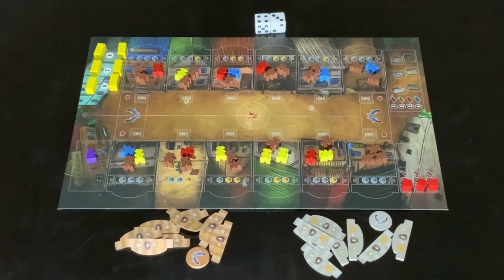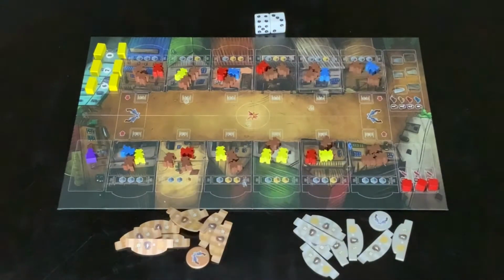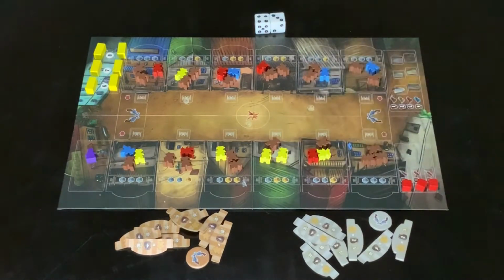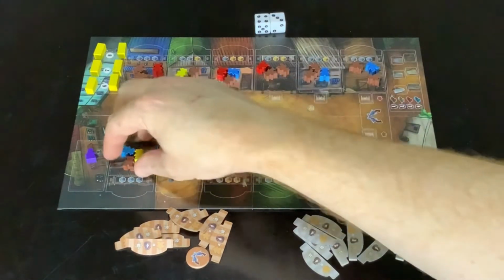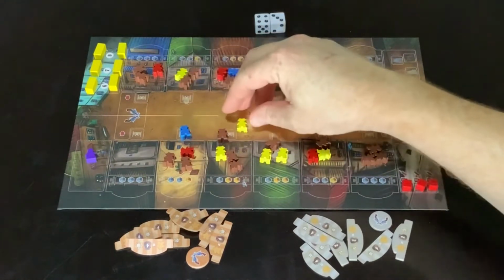What you are doing on your turn is you're selecting one of the buildings, these are all buildings, and taking all of the meeples out of that building. You're then heading either right or left. Once you choose a direction, you continue in that direction. You're then putting down one meeple into each of the spots. So for example, he might choose there, place one there,